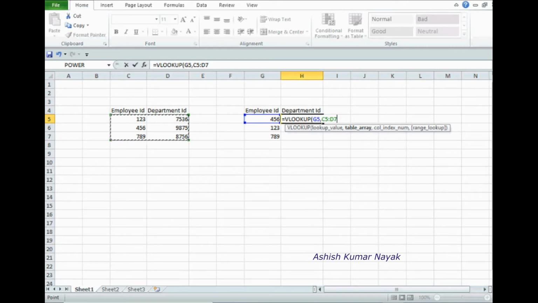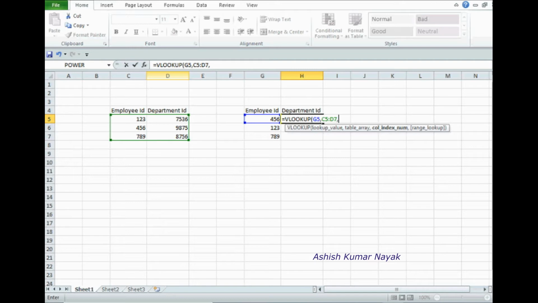Now let's input a comma and column index. See, column C is column number 1, column D is column number 2. We want to extract the department ID, so it should be 2.